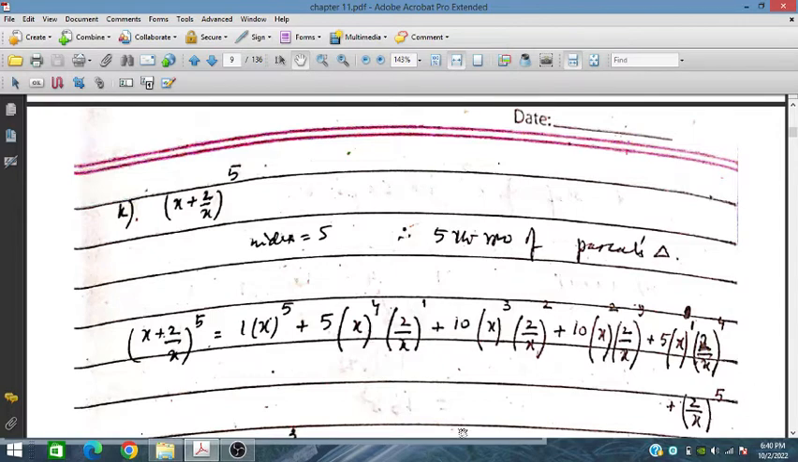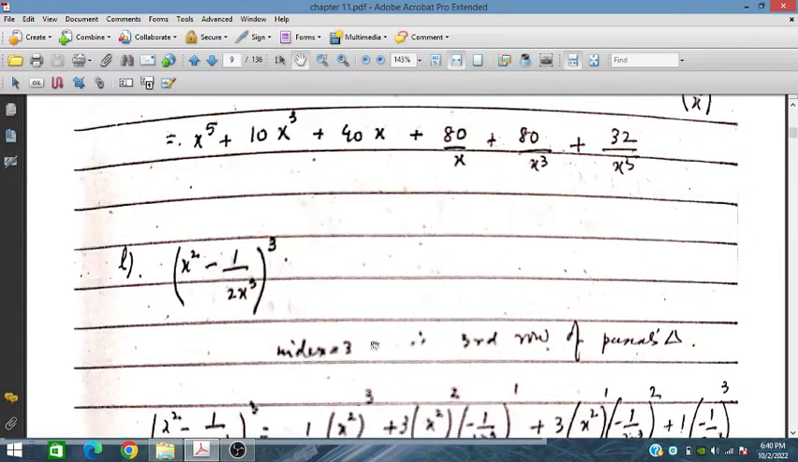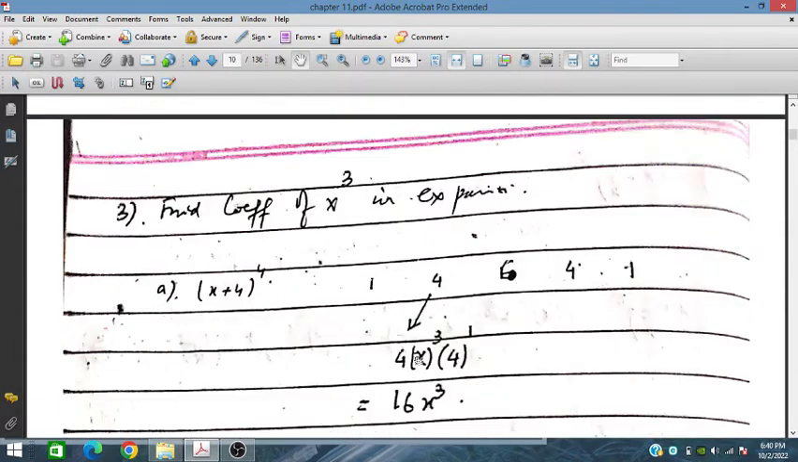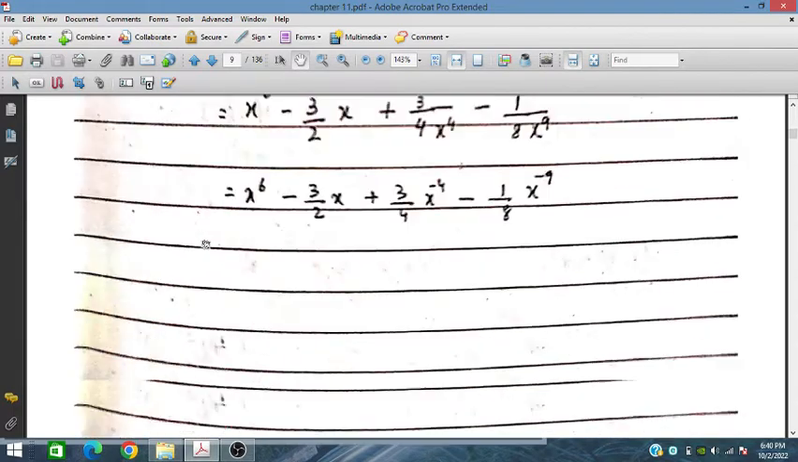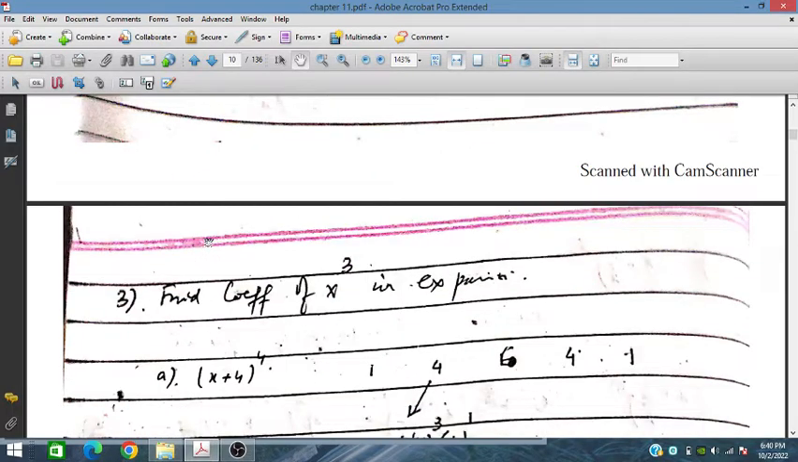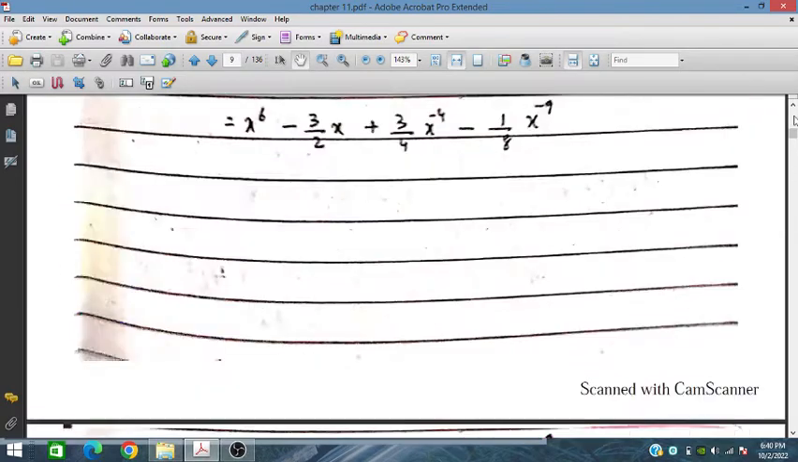So we have, and then simplified it, we get this result. For this we have this kind of results. For problem number 3, for the coefficient of x cubed in expansion of this, so